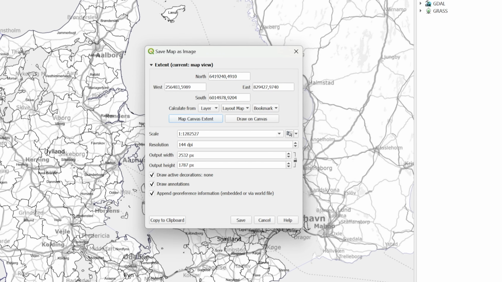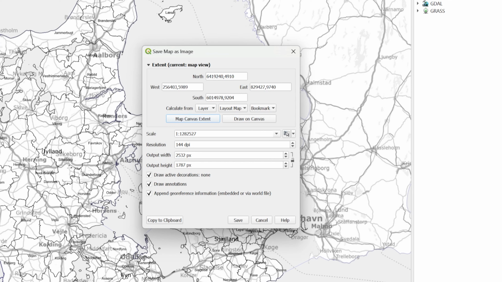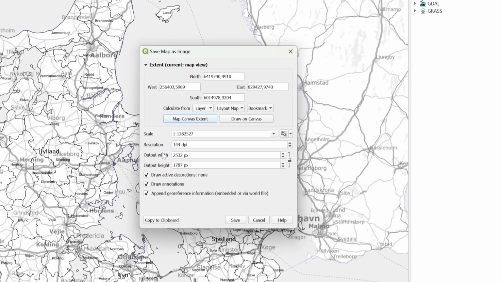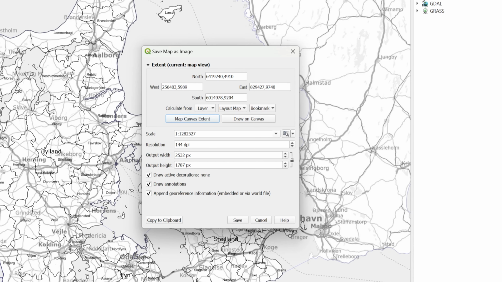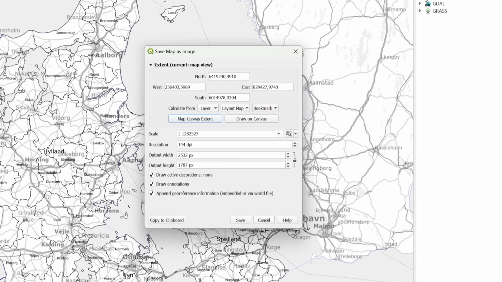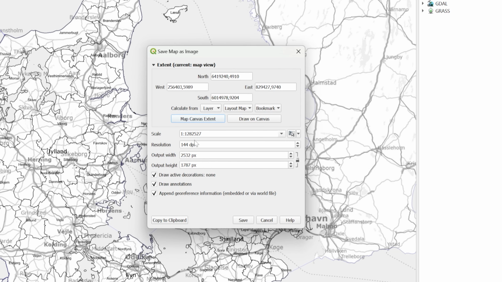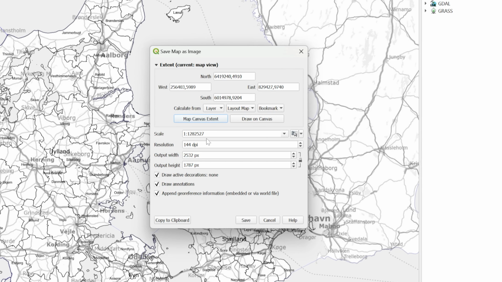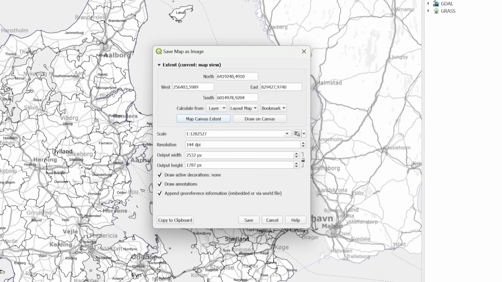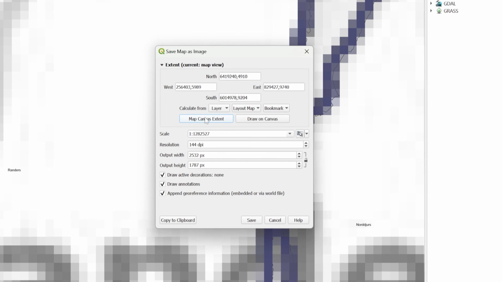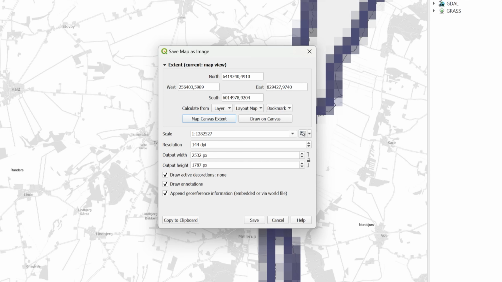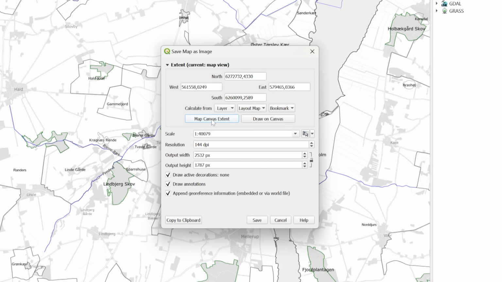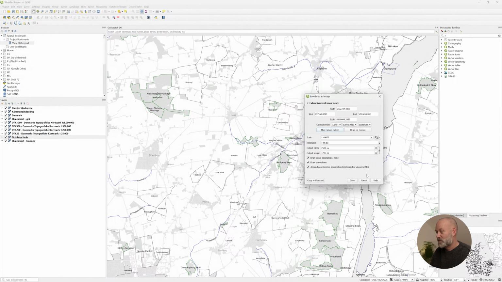And we can see here at the present window, the scale is 1 to 282,527. And if we zoom in and press the extent again, you will see that the scale changes as well as the coordinates. So I will just go back. I've saved a previous view as a spatial bookmark, project bookmark,